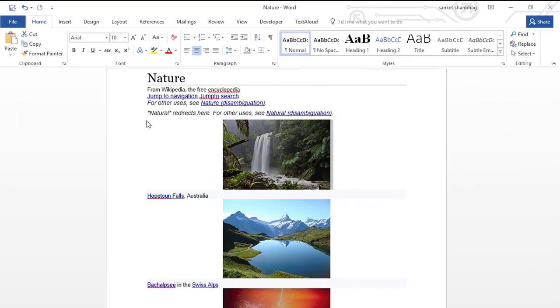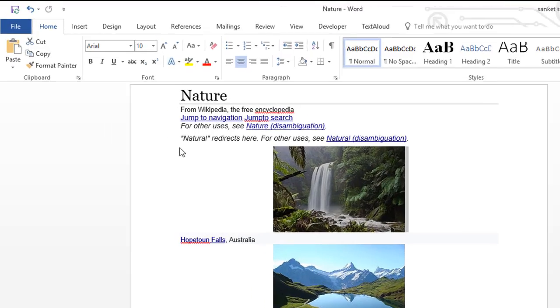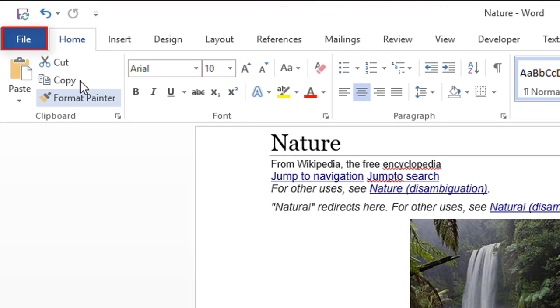Hello viewers, in this video, I am going to cover Share, Export and Close tab, under File menu. Let's begin. I am going to click on File menu